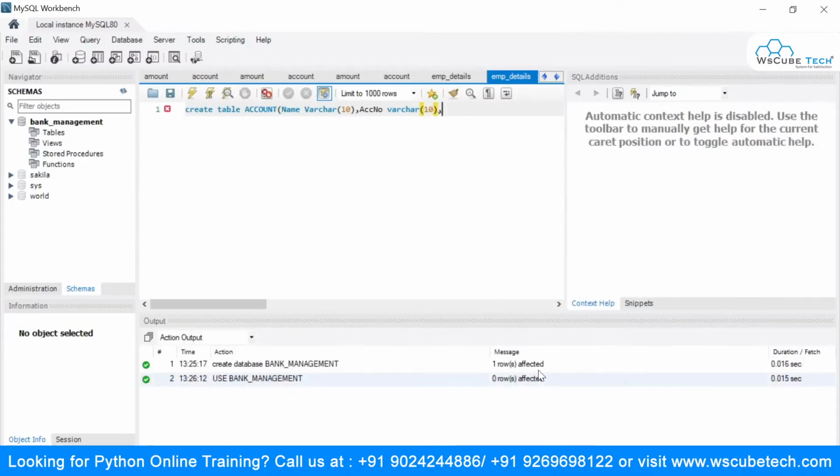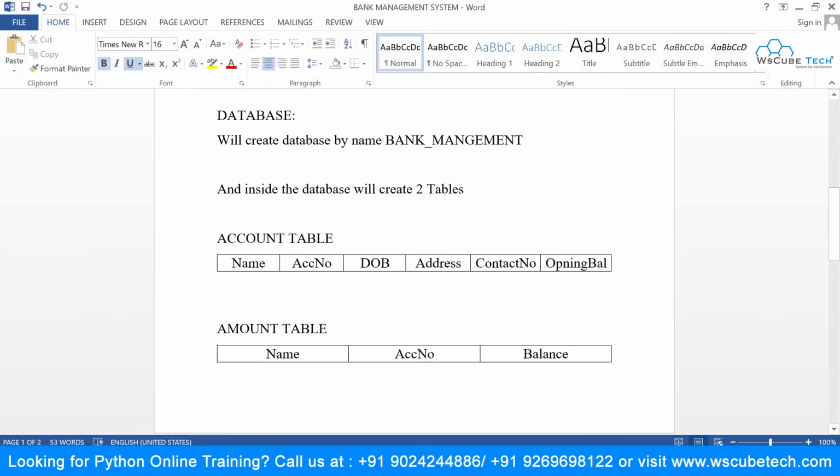The next field that we have is the date of birth. We are going to say DOB, date of birth, and we'll say varchar, and give the size as 10. These are the table columns which I am passing over here. I'm specifying the data type with it, and even specifying what size it will be. Once done with the date of birth, we will have address.